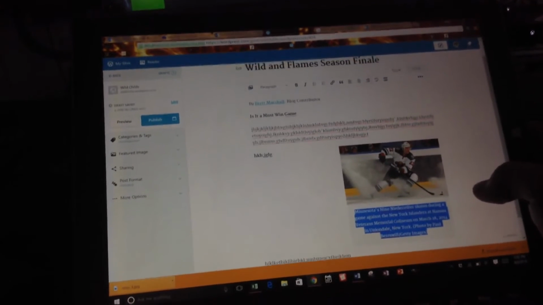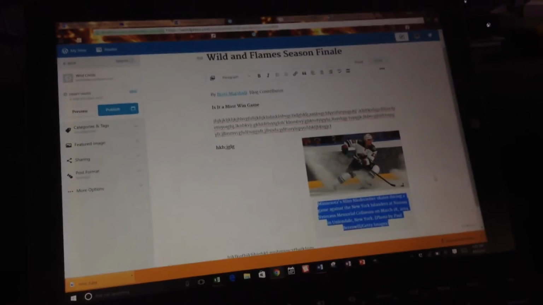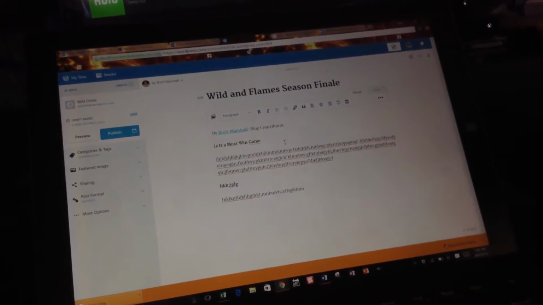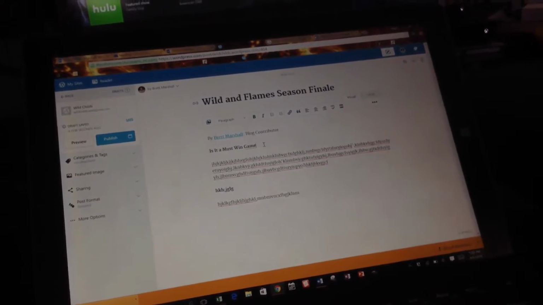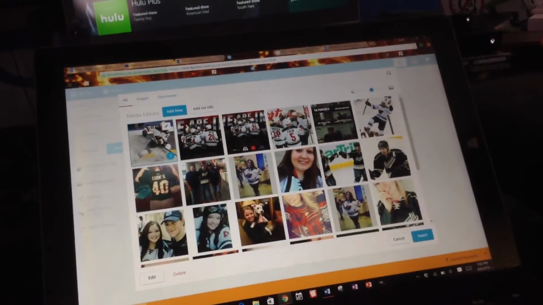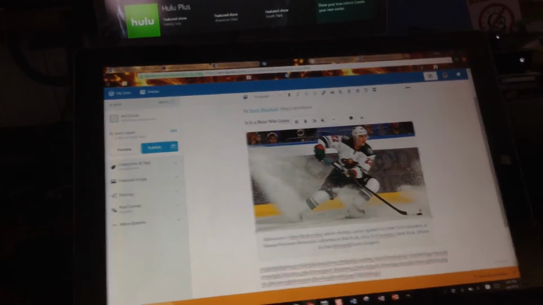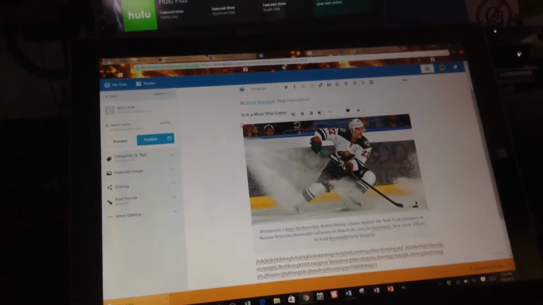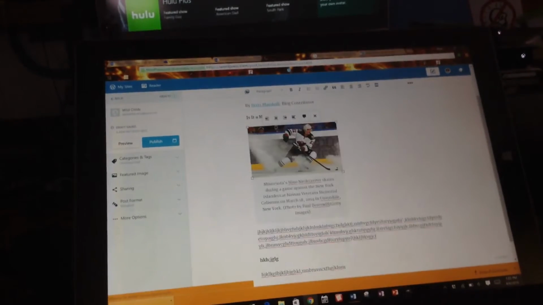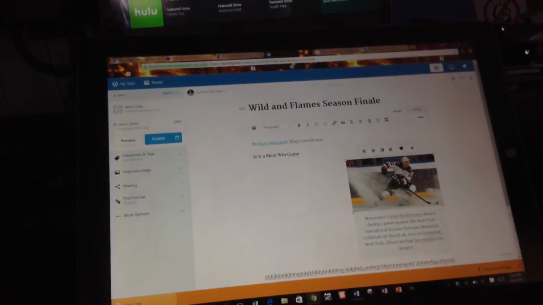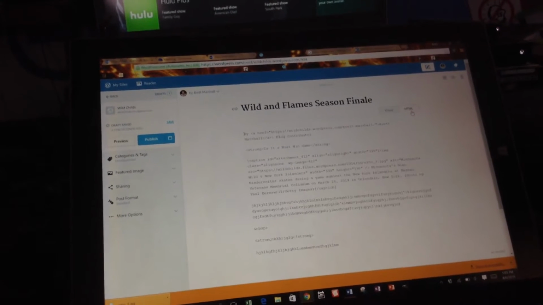Then I found the best way to move a picture. This part gets a little bit confusing. There's two ways you can do it. You can either delete it, and then maybe you decide you want it before the writing starts. Go here, go find your picture, insert it there. But then you kind of lose your scaling and stuff, so you have to redo that again, which is kind of annoying. So the other thing you can do is you can go back up to that HTML part,